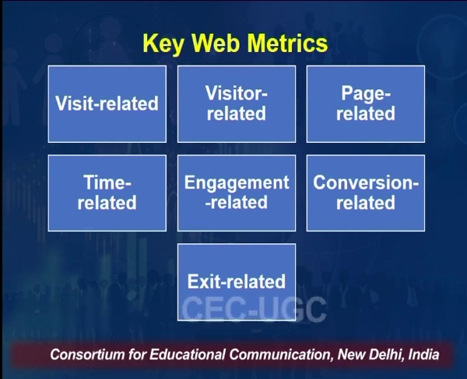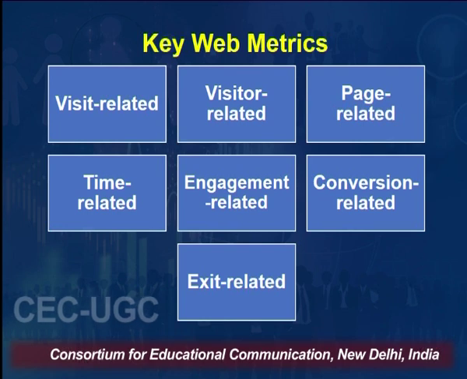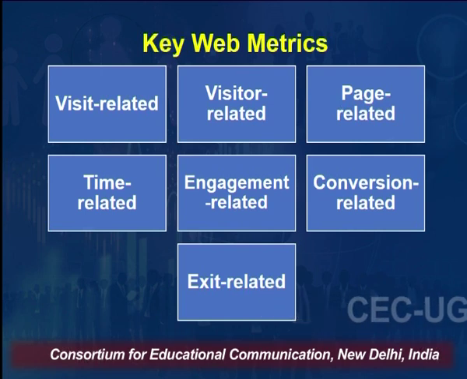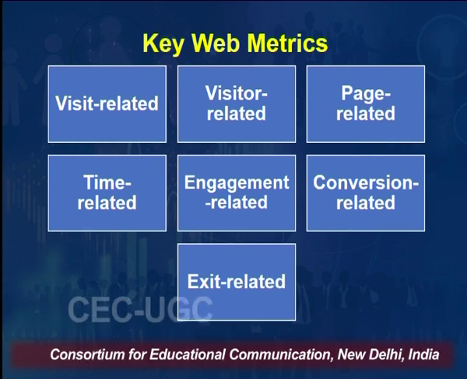It can be visitor related, which would relate to the characteristics of the visitor, the frequency of visit of the visitor, their usage profile and their usage pattern. It could be page related: how many page landings do I get, how many visitors landed on my web page or a particular firm's web page. And the extent of the duration or the time, how long they would be staying on my website and my web page. So that is the time related metrics.